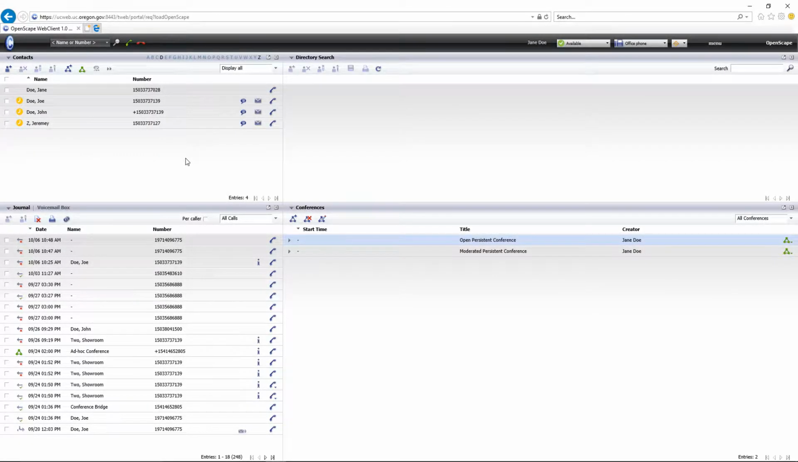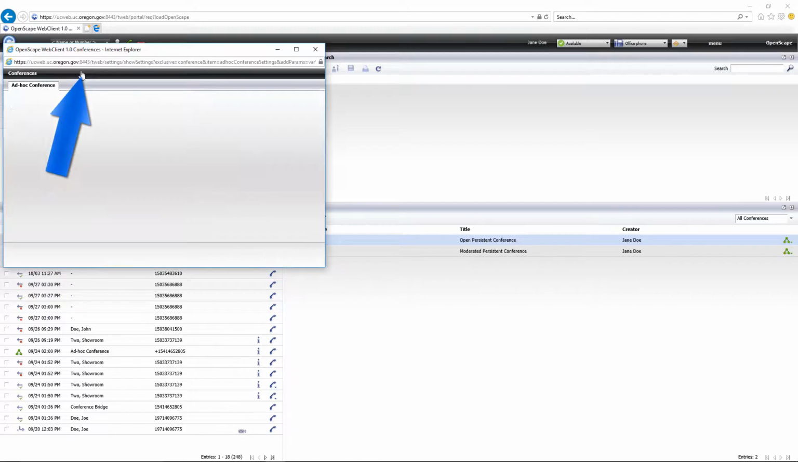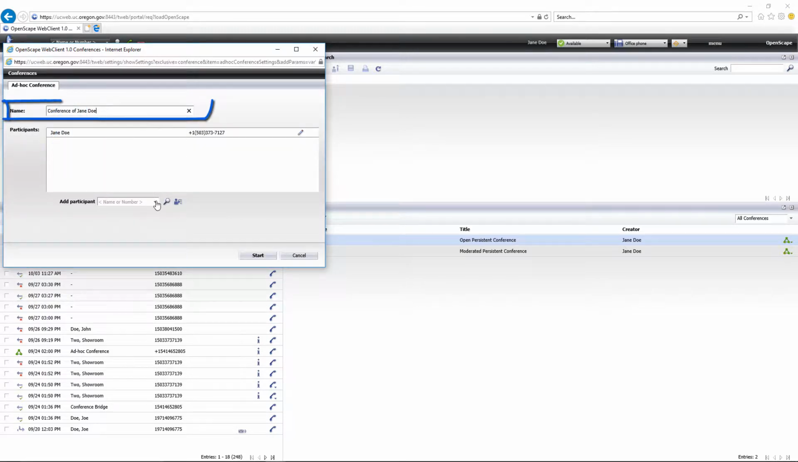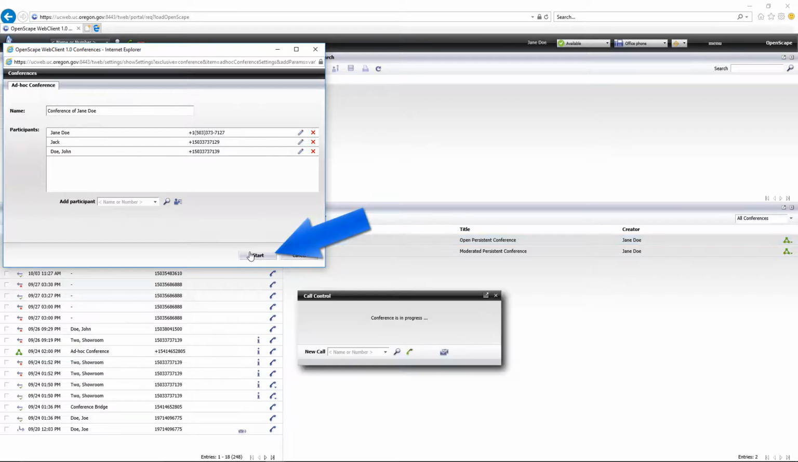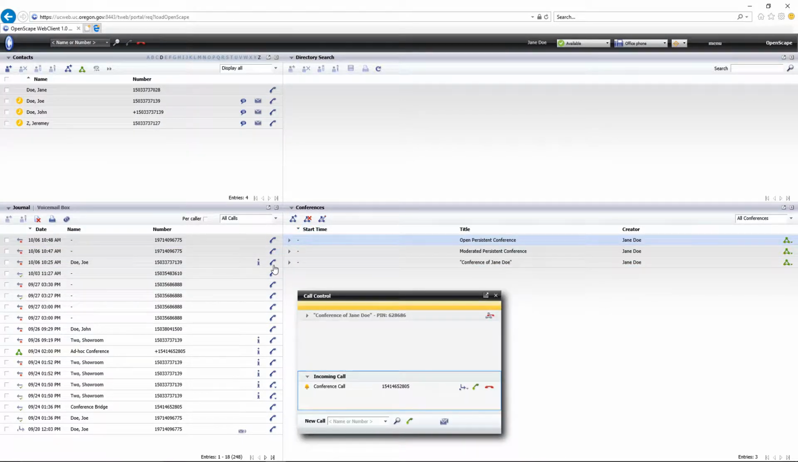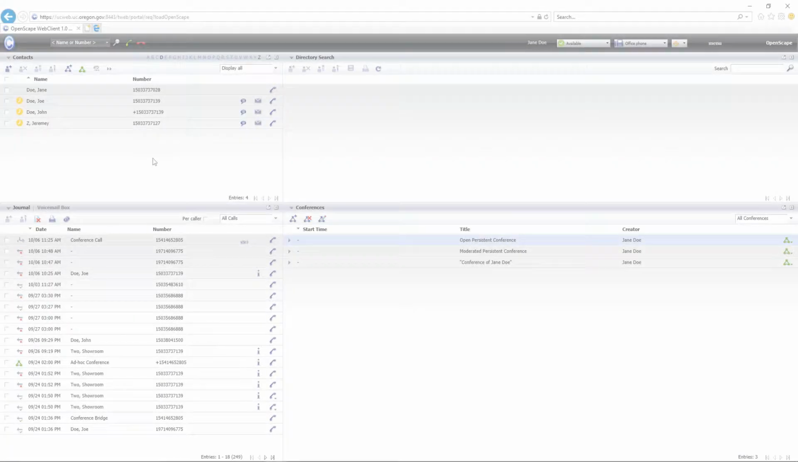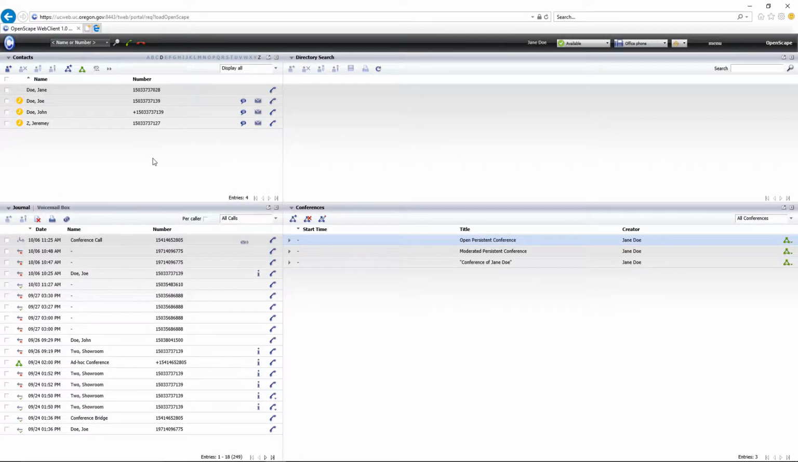To set up an ad hoc conference, click the green Make Conference icon, name your conference, add participants, and then click Start. The line calls participants and connects them if they pick up. No PIN is required. To set up a persistent conference line or a scheduled conference, click the blue Create Conference